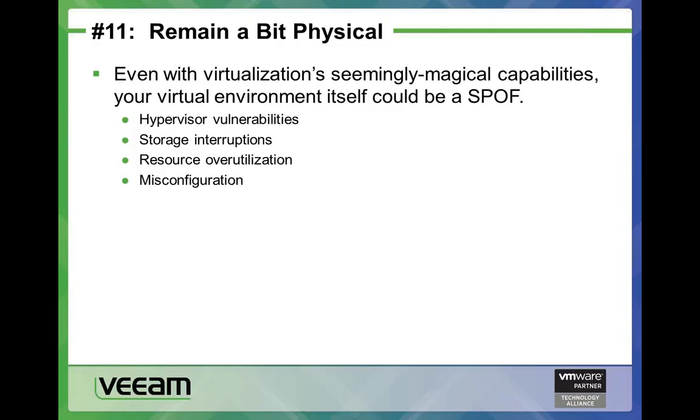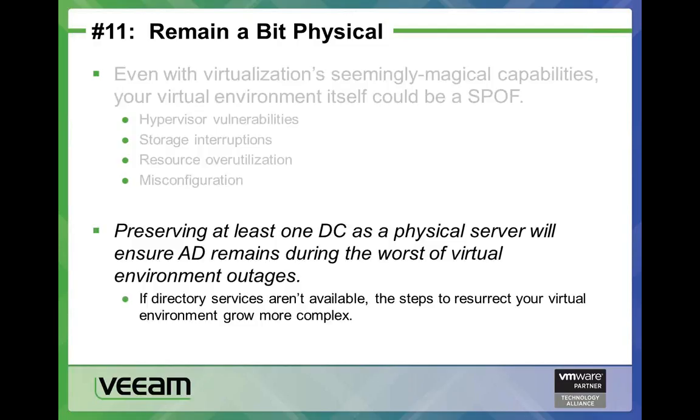And even with virtualization's seemingly magical capabilities, the entirety of your virtual environment could be this big single point of failure. Somebody writes a hypervisor vulnerability or a hypervisor attack. Your storage has an interruption. Your SAN has a problem. You suddenly get resource overutilization, or somebody misconfigures something and the whole thing just falls flat. So again, maybe this is just me being extra careful, but preserving at least one domain controller as physical